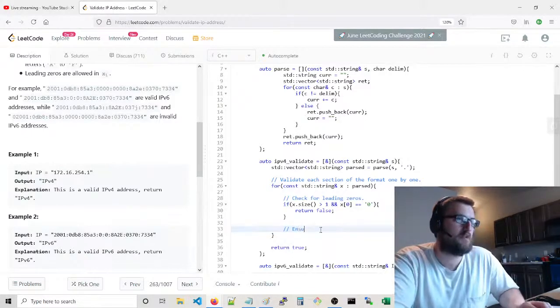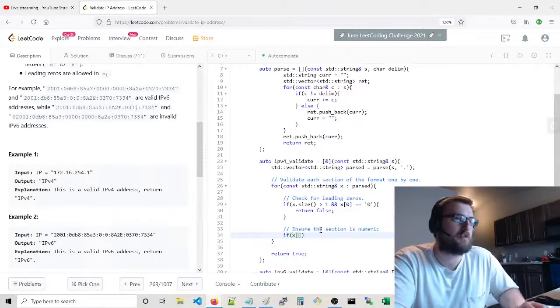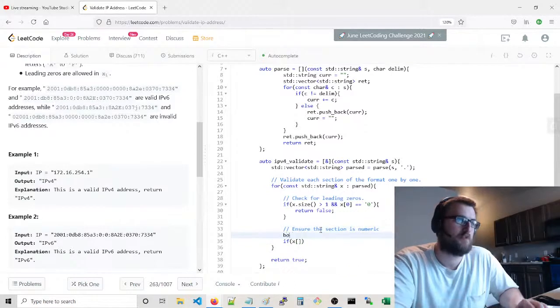Ensure that the section is numeric. If x of Boolean check equals true, well, we don't have to do that. We can just say